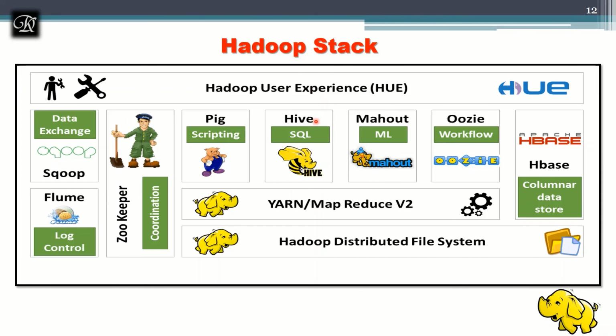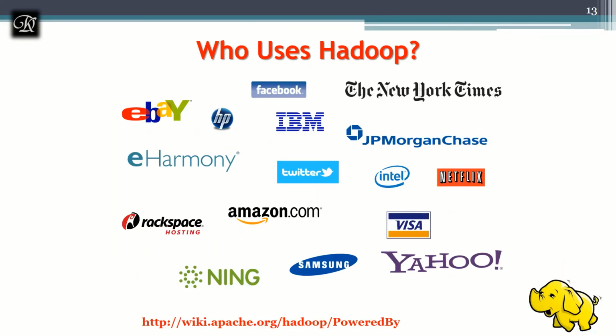And who is using this Hadoop? I said industry is using Hadoop, and you can get to know which other companies are using Hadoop from the link I have displayed here. The best companies in the world are using it. You might be aware of all these names, like IBM, HP, eBay, JP Morgan, a famous bank, Netflix, Intel, Twitter, Amazon. All these are users of Hadoop. It means if you are thorough with these things, you have a lot of market waiting for you.